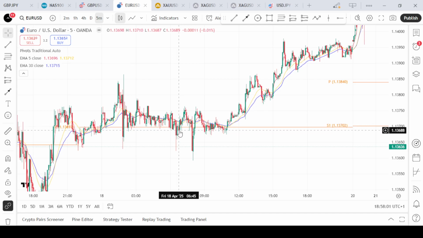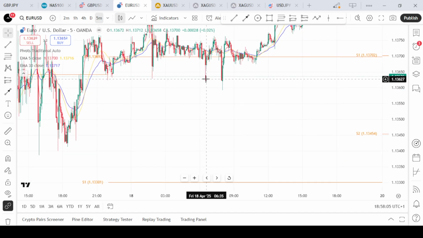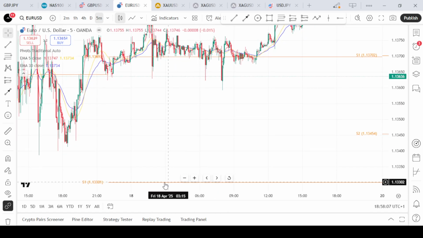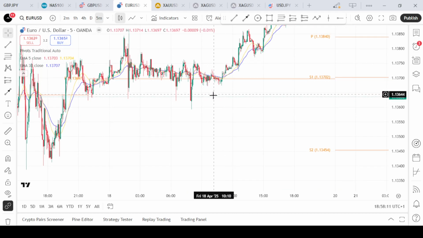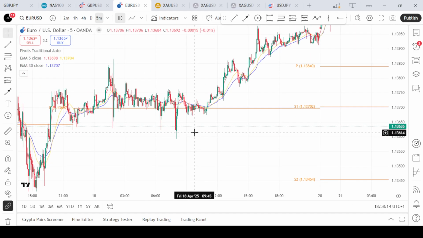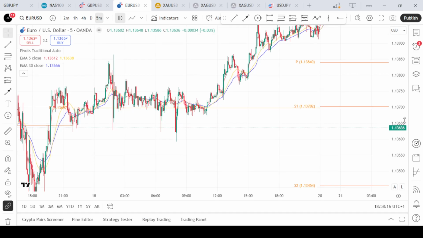When price pulls back to that region, or you can also wait for price to pull to the support 1, but as you can see, the support 1 is a bit far away. Price did not pull back to this area, but when price pulls back to the central pivot point in a bullish trend, your entry signal will occur when price touches the pivot level and shows signs of rejection with a